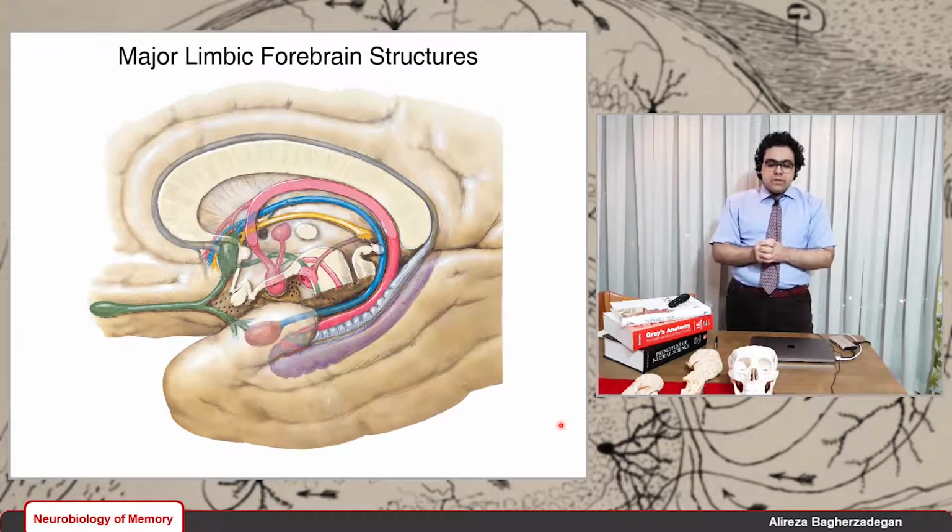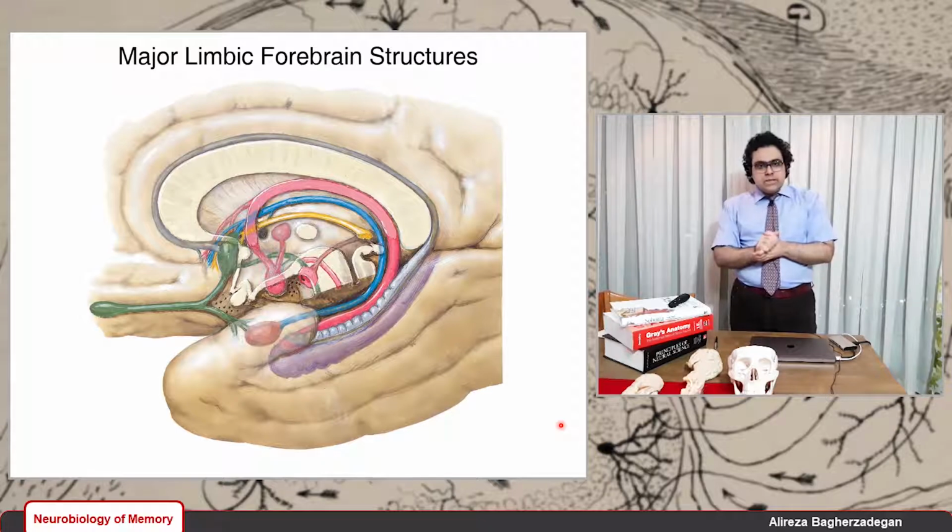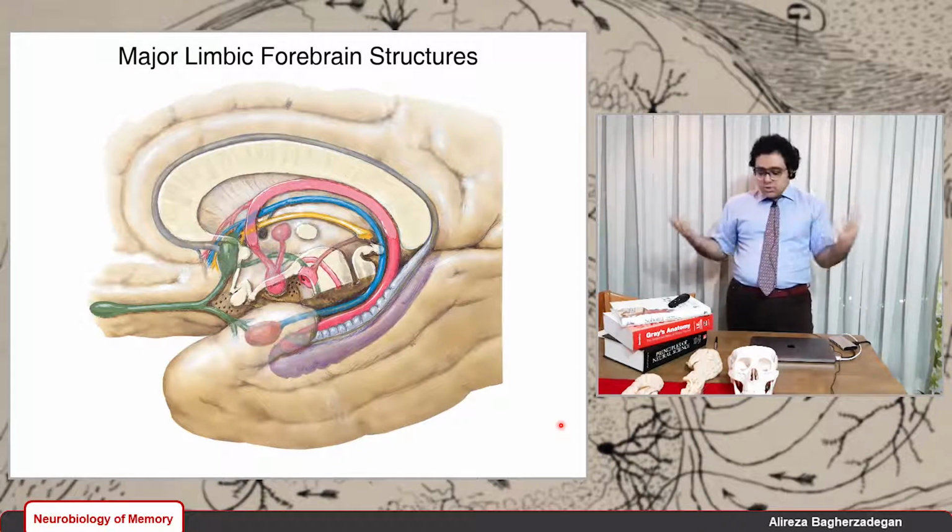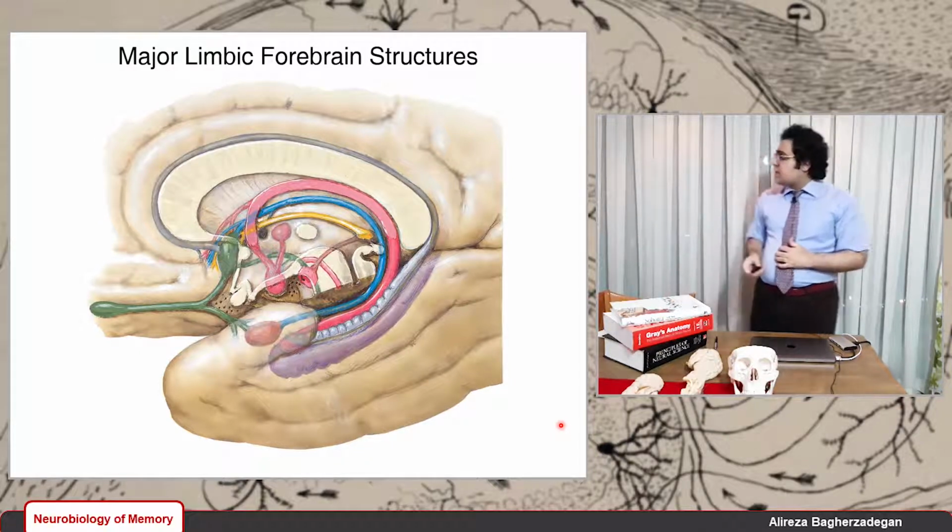It also controls our emotions and feelings. For example, the amygdala is part of the limbic system, and it's associated with fear, the feeling of fear. And there are a lot of different structures. For example,